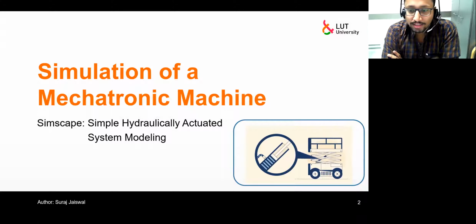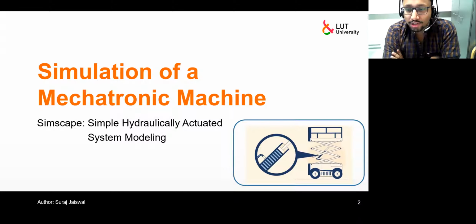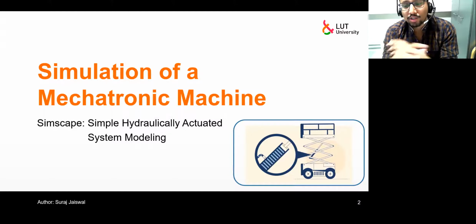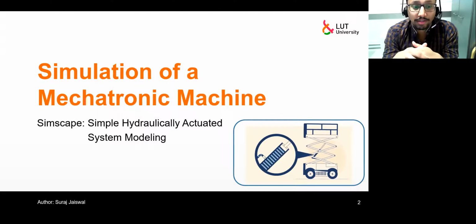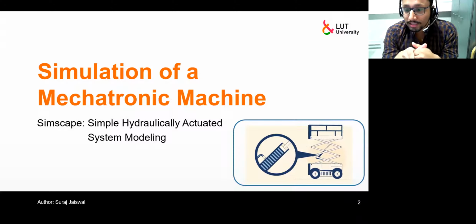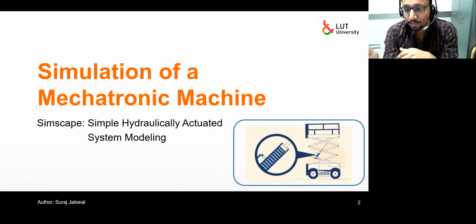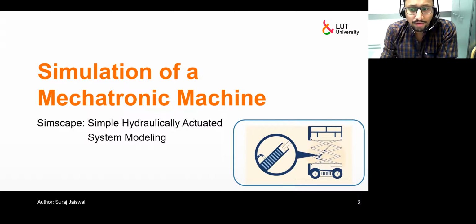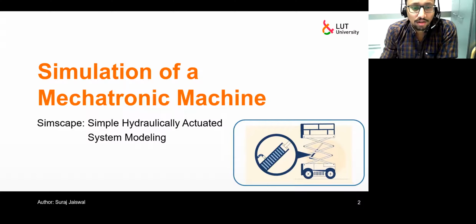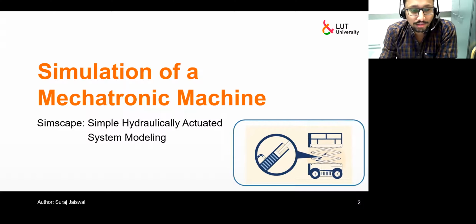If you can see the animation, this is just to give you a brief idea of what we mean by hydraulically actuated systems. As you can see, hydraulic actuation of the mechanical system will help you get your work done. So we will be modeling a very simple hydraulically actuated system.